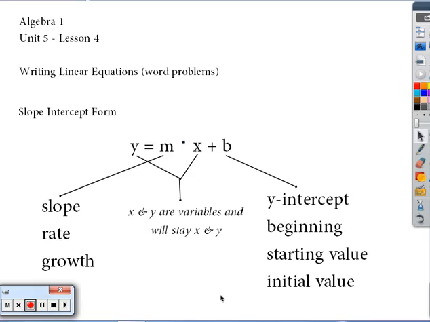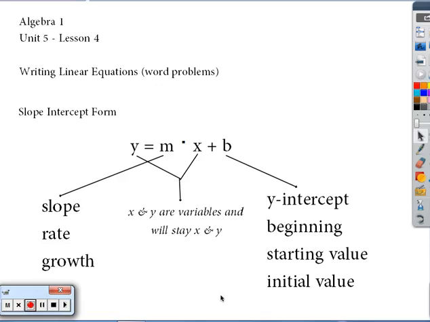All right, we're back. Writing linear equations, word problems. Most of these linear equations with word problems are going to use slope-intercept form because the word problem hopefully is going to give us some sort of starting value and some sort of growth rate. The few things we need to be careful of is that it is giving us those two items, and additionally